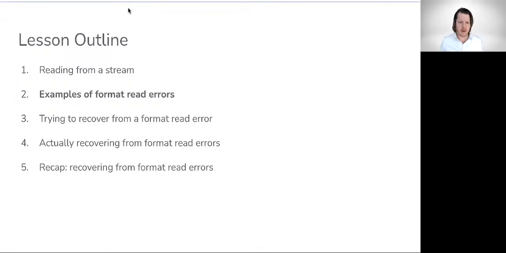Howdy and welcome back. So we're going to start this video off with a couple of examples of formatted read errors. I guess it's important to point out first that whenever we're using the extraction operator, we are reading objects of an expected type from the stream. What we'll see is that a formatted error is going to occur when the type of object that we're attempting to read does not match up with what we're looking to read it into. We'll see here the implications of such an error,